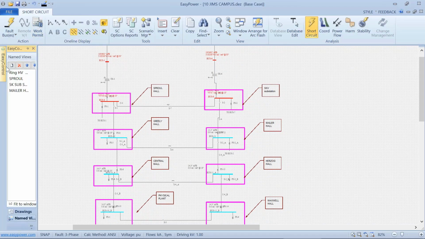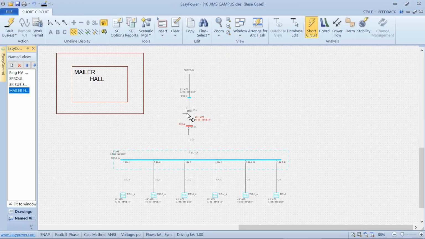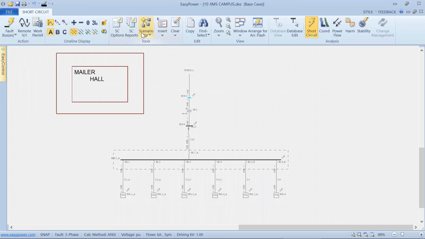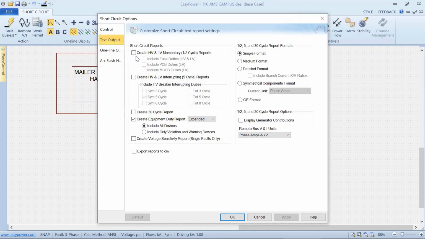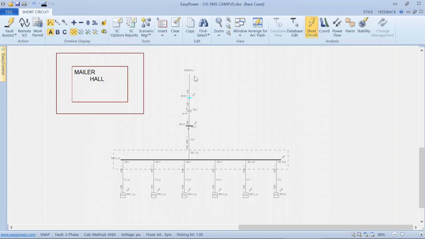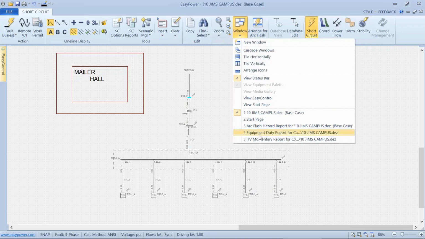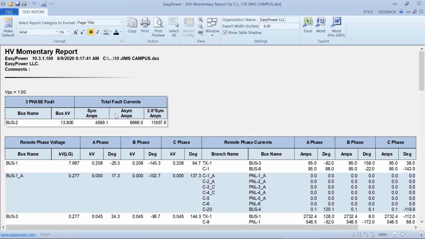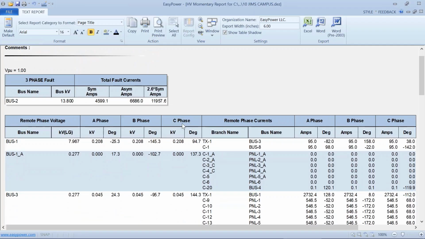And in fact, it would be looking something like this. If I go back to my Mailer Hall and I fault this bus and look at the current, with that single bus faulted, looking at my high voltage and low voltage report at a half cycle, I could develop individual one lines that have an equivalent supply, equivalent position in terms of the information I get right here, which is my available short circuit current, my X over R values for that